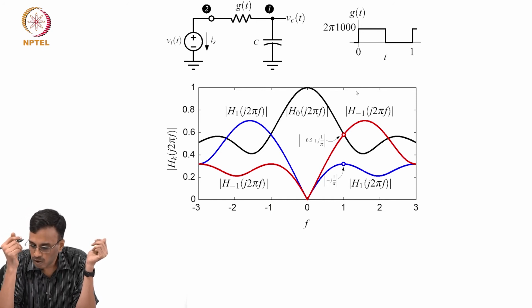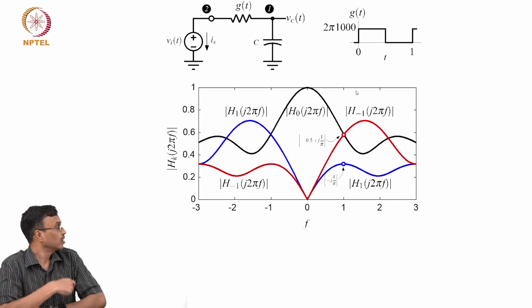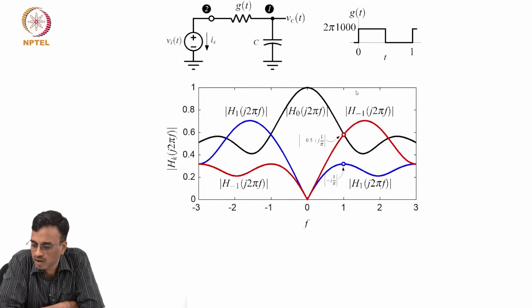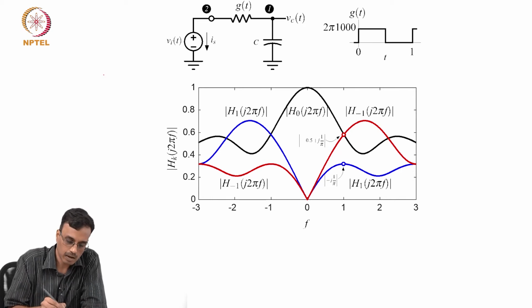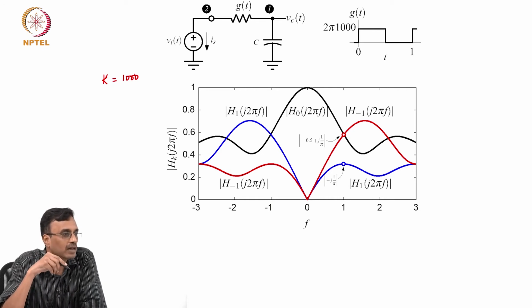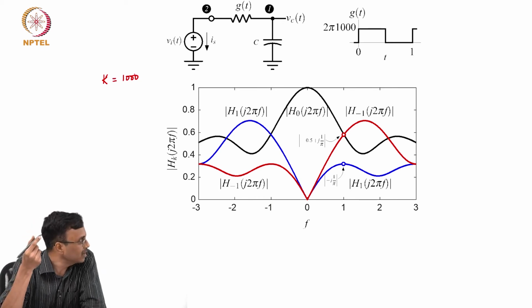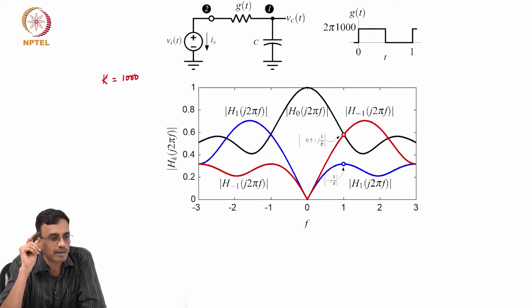Okay, so first things first. I assumed 1000 harmonics. So the capital K was assumed to be 1000, right? So how many equations do we have? We have 2001 multiplied by 3, some 6000, a matrix of 6000 by 6000 approximately, and you invert it, right?